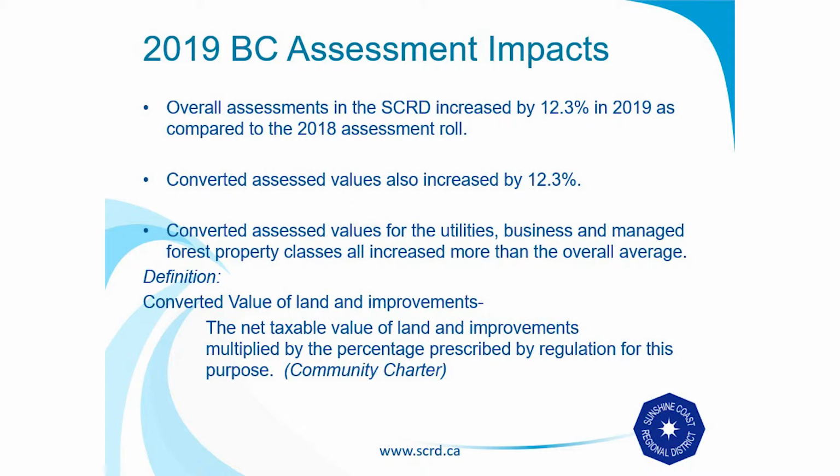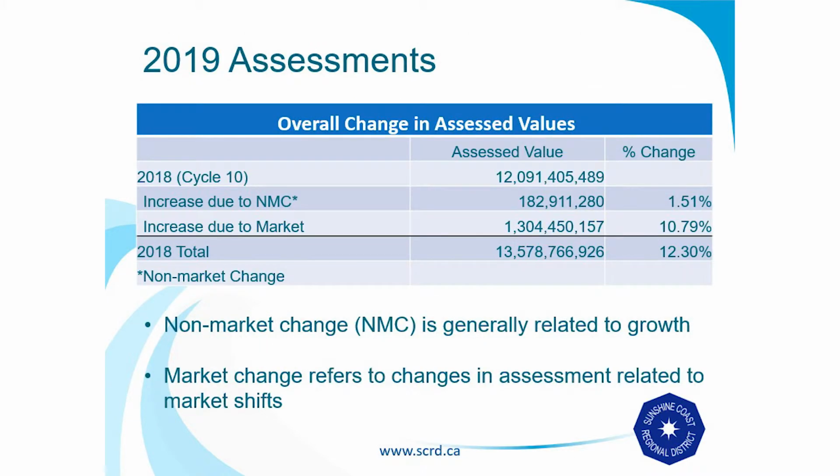rates. Tax rates for regional districts in BC are prescribed by the province, while a municipality has control over this process. For example, the residential class pays 1 times a tax rate, whereas a business class pays 2.45 times the rate, and utilities pay 3.5 times. Provided here are the overall assessed values for the Sunshine Coast, where for 2019 there is over $13.5 billion worth of assessment, where it was approximately $12 billion in 2018.